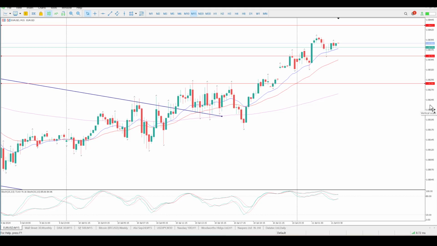So indexes are looking a lot better for trade opportunities. I don't think this is something you want to get involved in just yet. This is a decent level, 1.08286. If we do get back here and start building a base, that would pique my interest, and there should be